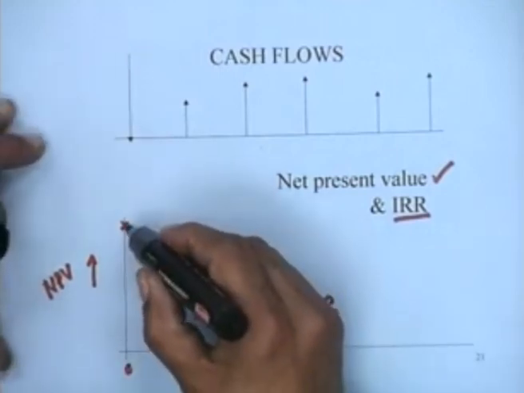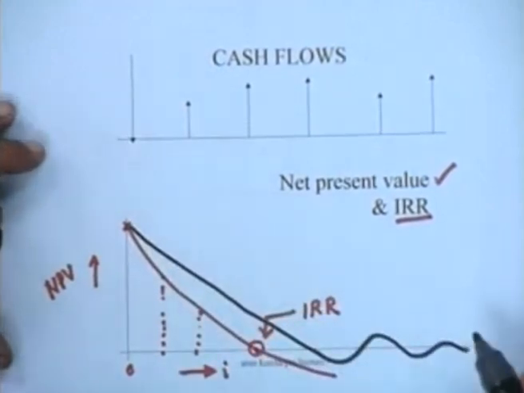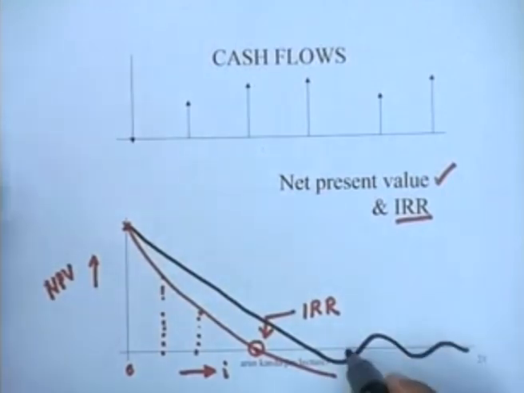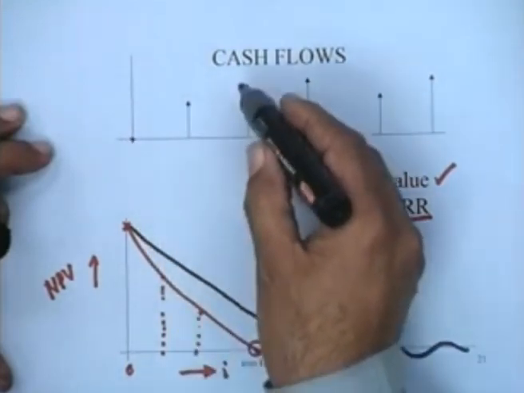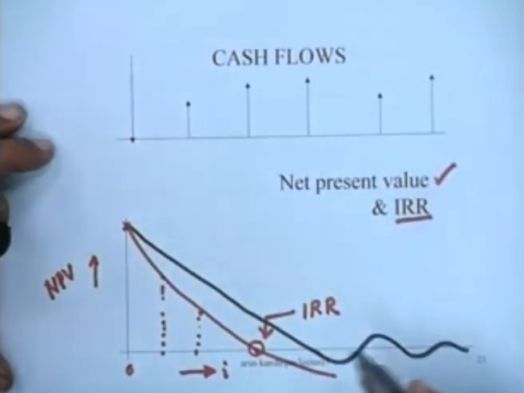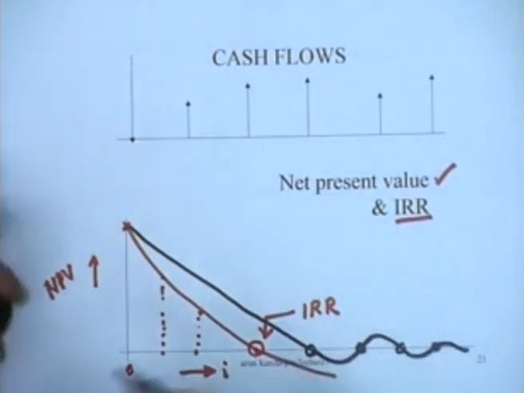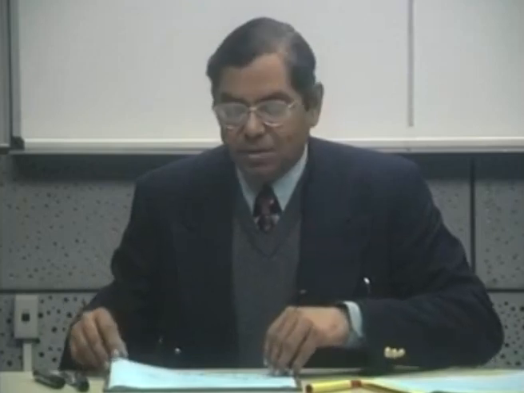You could have a situation where the net present value goes down and then tends to oscillate. This would happen if you have the cost here, a revenue followed by a cost followed by a revenue and so on. If there was this kind of possibility, then it would not be clear as to what the internal rate of return is, because there would be multiple rates of return. In fact, this is one reason why the internal rate of return is generally not a preferred index. Rather we use the NPV for a specified value of I as an index to find out the